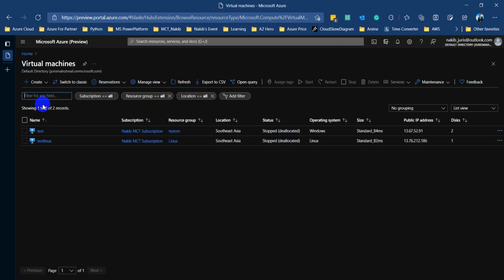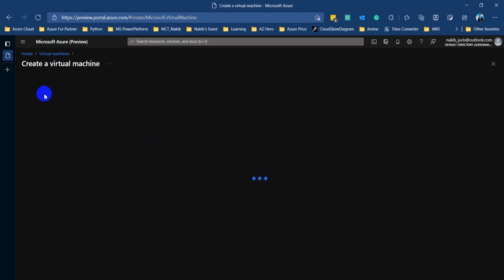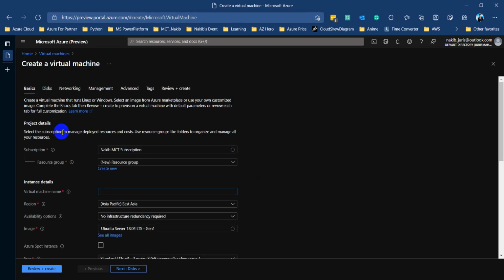I just click on virtual machine. I already have two for my own use. Now what I'll do is create a new one. Okay, so I am clicking this create button and then clicking virtual machine. It will open another slide where we will input all the information step by step, and after that we will do the necessary configuration for what we actually need for using that machine. Okay, so it's just opening a new tab.